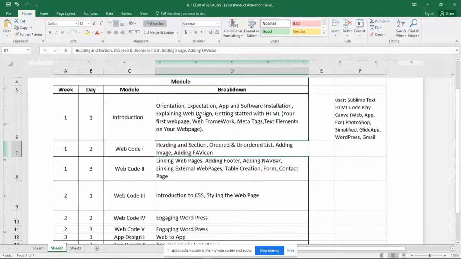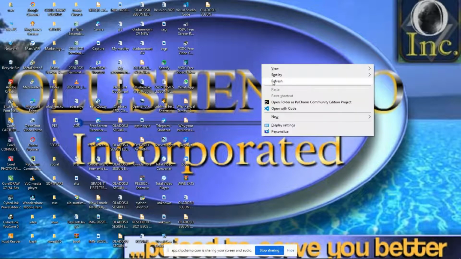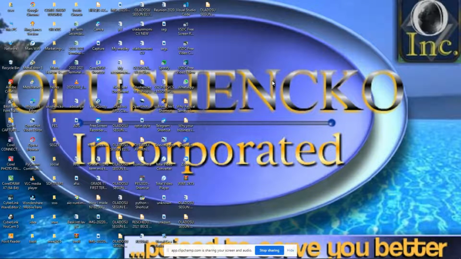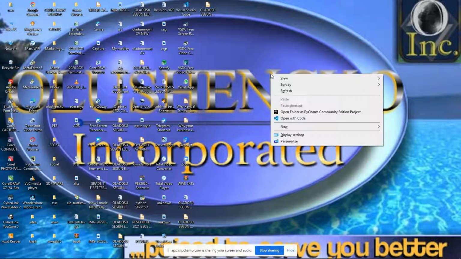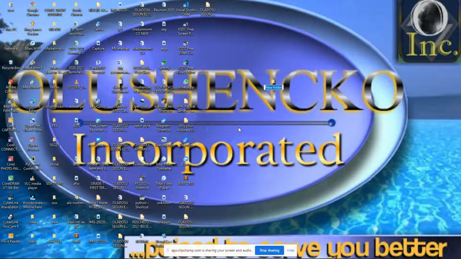So to do that, just go to your desktop. You might want to refresh, which is good at all times. Refreshing, you don't get to overdo that. It's something you have to keep doing. So having done that, create a folder on your computer. Give it your favorite name. Probably you already have the name of the website you want to build. You know my name now. So let me just call it